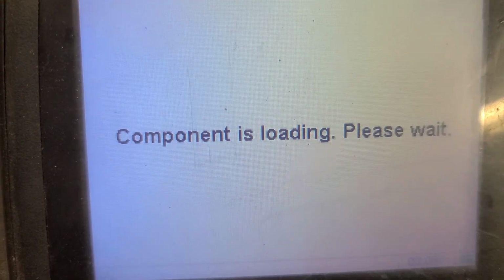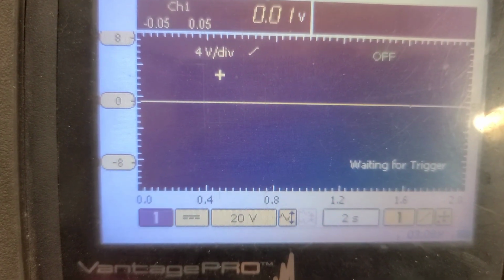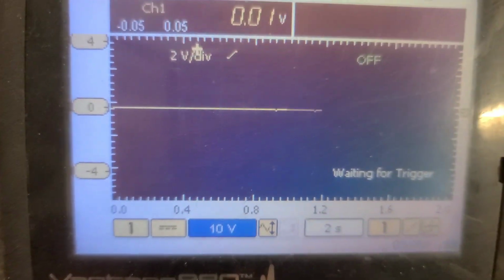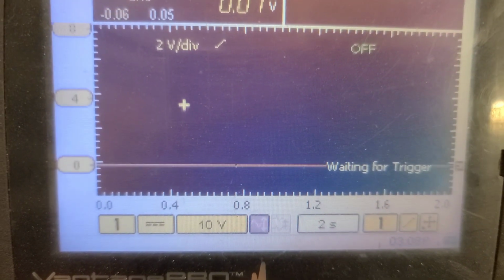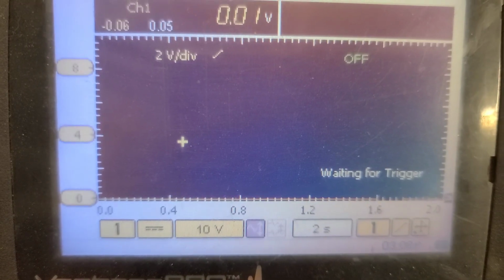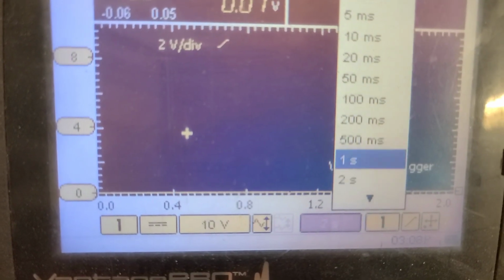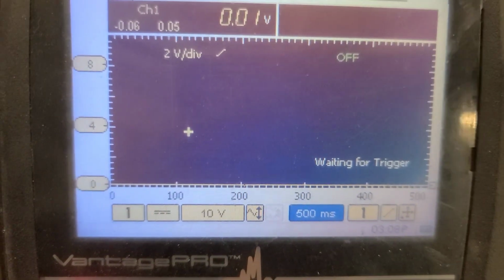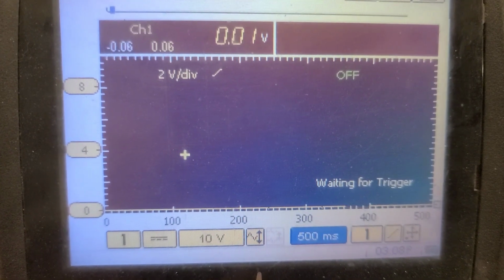Volts DC. I would expect it to be a 5-volt square wave. So I'll set the amplitude at 10 volts, set the signal down here, zero plane at the bottom, roughly, and half a second. We're going to start it up and see what kind of signal we have. Shouldn't have any signal right now with it not moving, because that's output shaft speed, so that's related to the